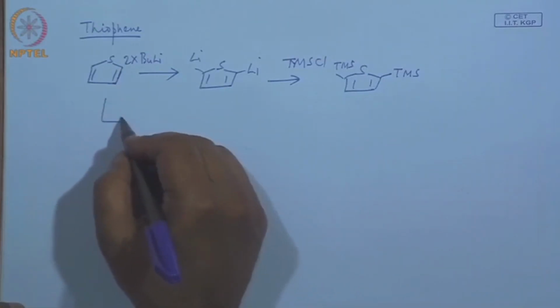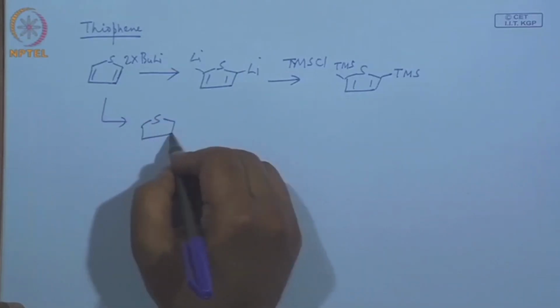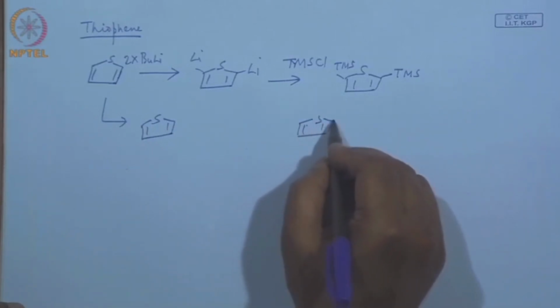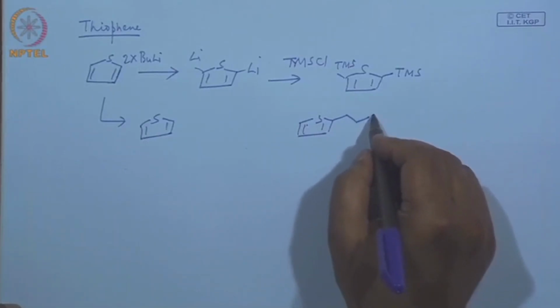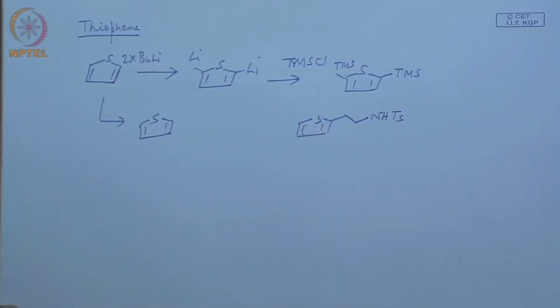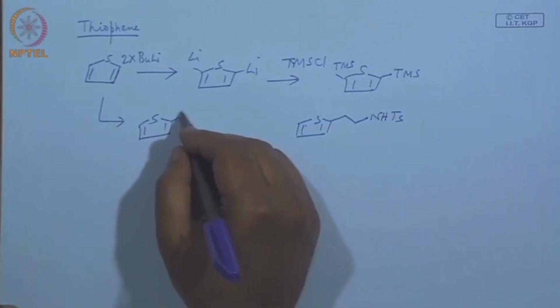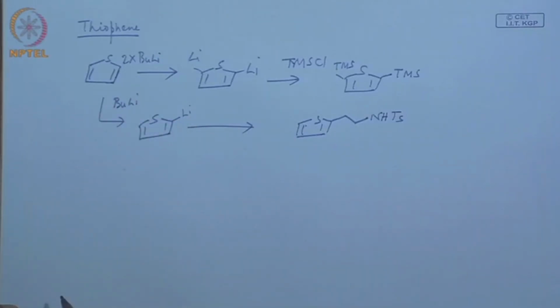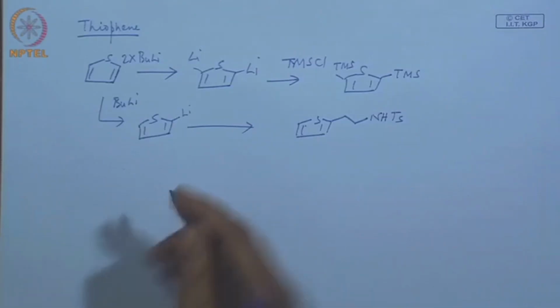Similarly, let us say you want to make a 2-substituted compound, for example, with a 2 carbon side chain with NH2 or NH something like this. So, what is the missing reagent? That means 1 equivalent of butyl lithium gives you the monolithiation, and then you have to look for the right electrophile. So, what could be the electrophile? Good, very good. Actually, aziridine,